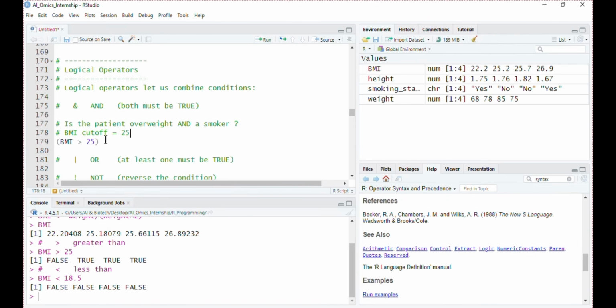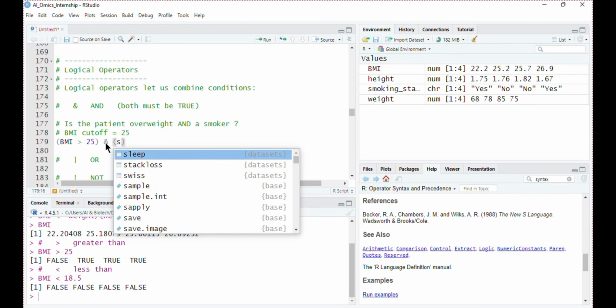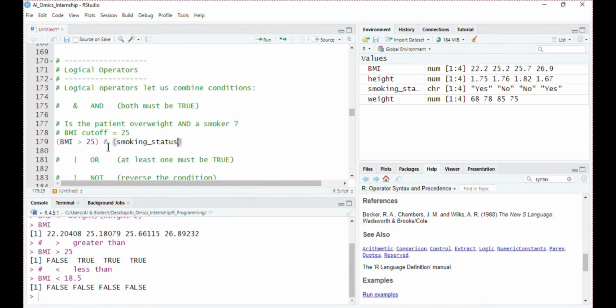Smoking status equals to, here note these two equal signs, this is different from the assignment operator. If you use a single equals sign, it means you are assigning a value. But if I insert another equals sign, it means I want to compare the value, or I want to obtain an exact answer.